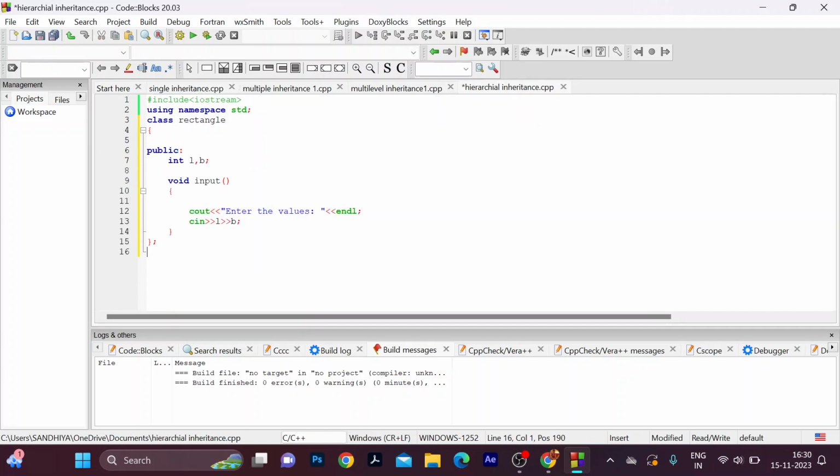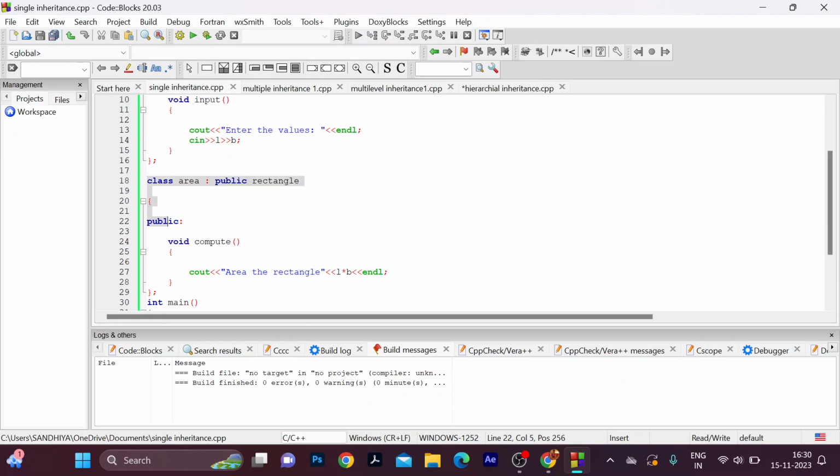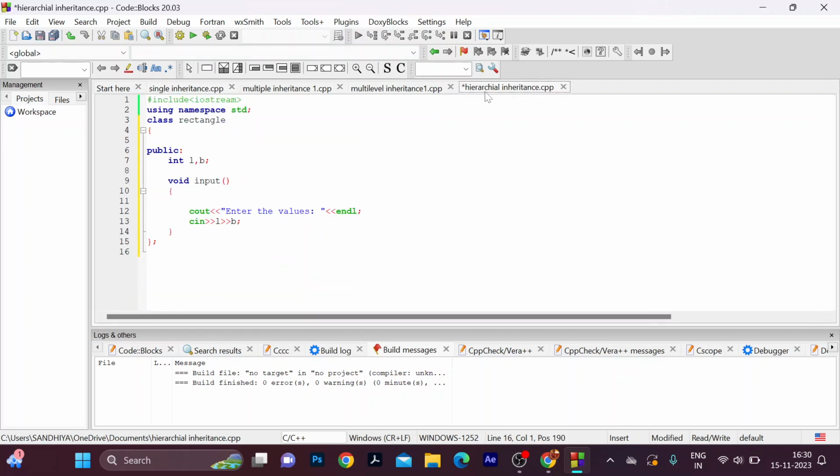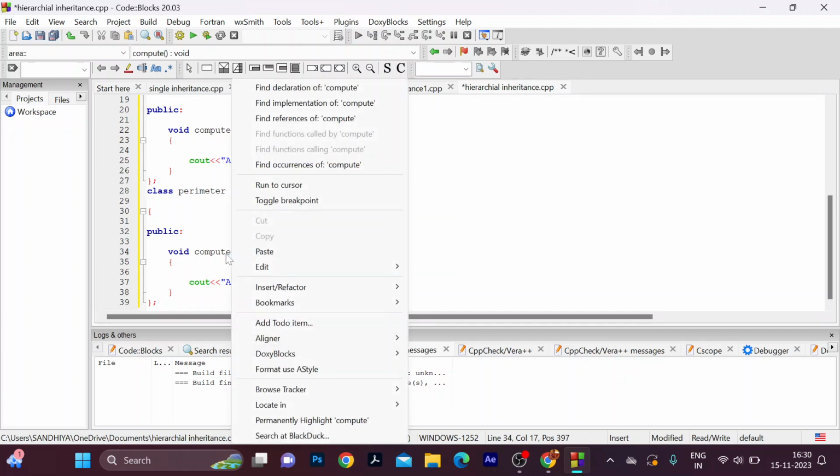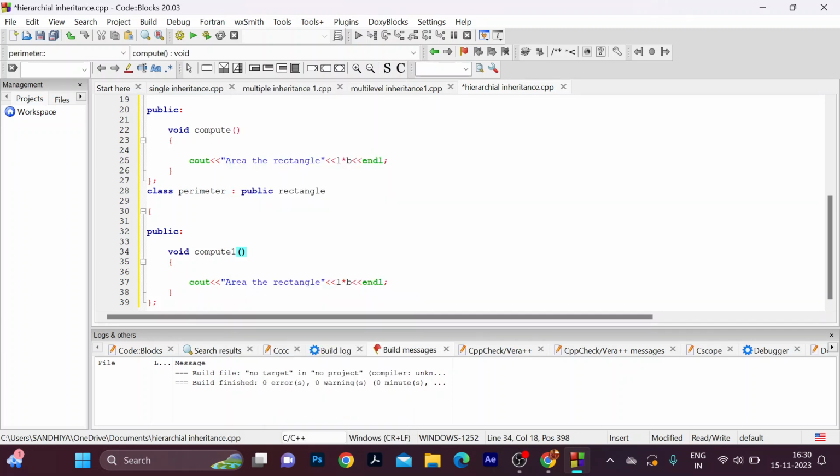I'll just get input L and B using this class, and I'm going to have class area, which is going to inherit the properties of class rectangle, and I'm going to have another class called perimeter, which is also going to inherit the properties from rectangle. Okay, the perimeter of a rectangle formula is 2 into L